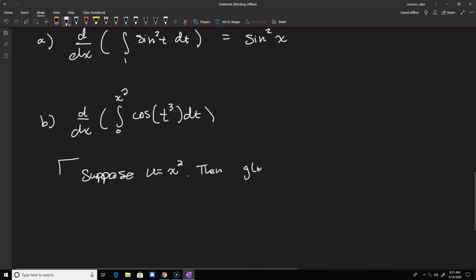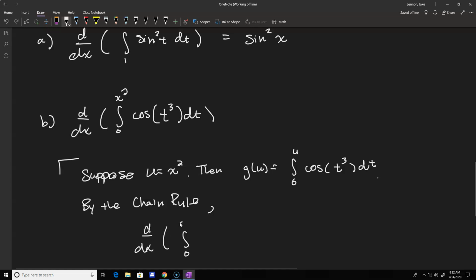You could call it g of u is equal to the integral from 0 to u of the cosine of t cubed dt. And what would happen is you would have a chain rule there, because you would have this other implicit function as one of the limits. So we could say by the chain rule, the derivative of this